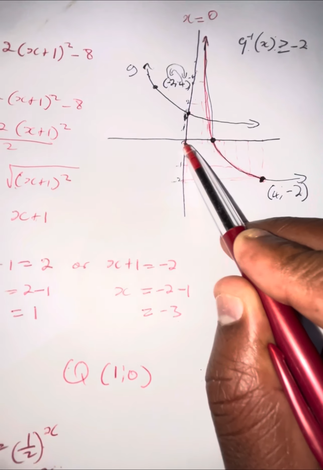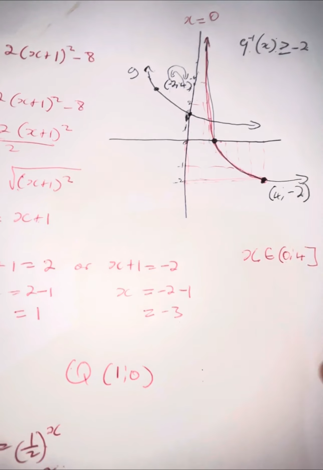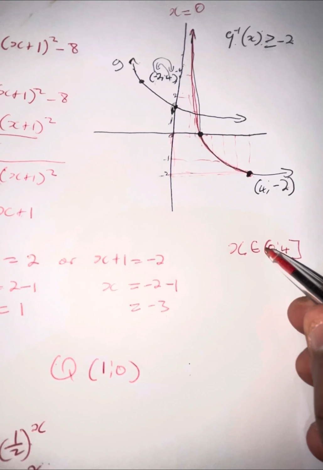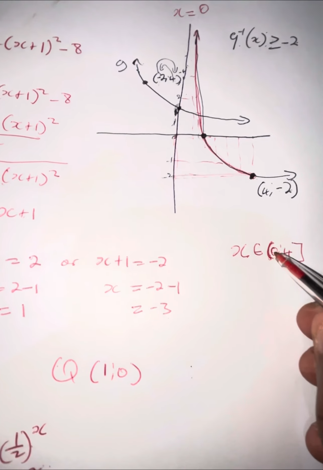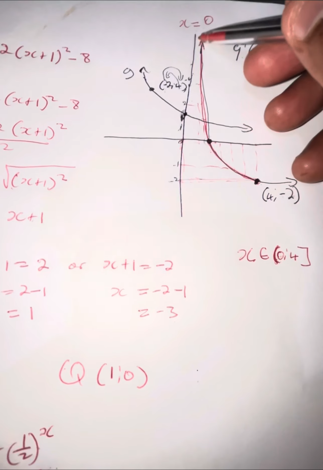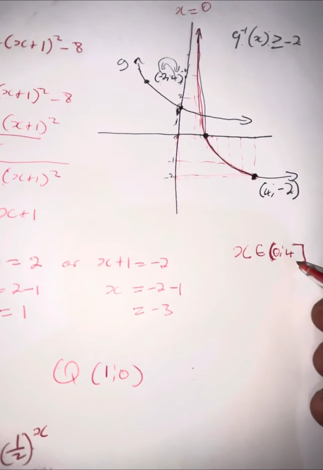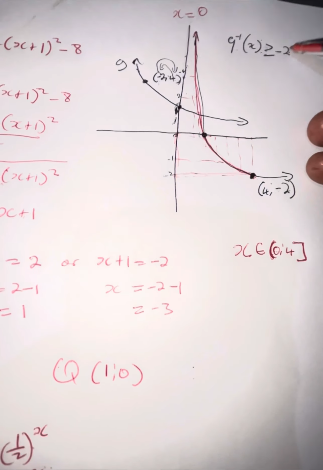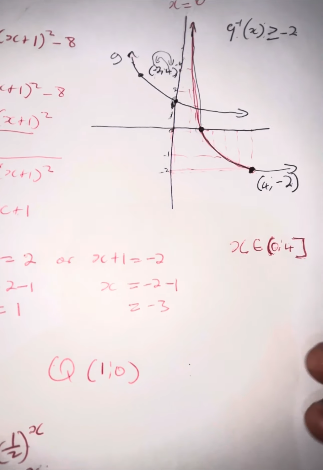So the small is this one and the bigger, it's 4 here. So it will be x, an element of open bracket, small bracket, because x is not equal to 0, because this one is your asymptote, okay? And x is equal to 4. And then we're told that this is greater or equal to -2. So it will be x equals 4. Or